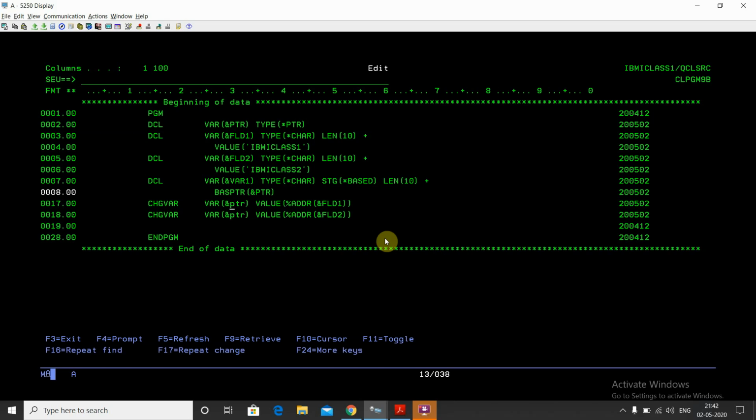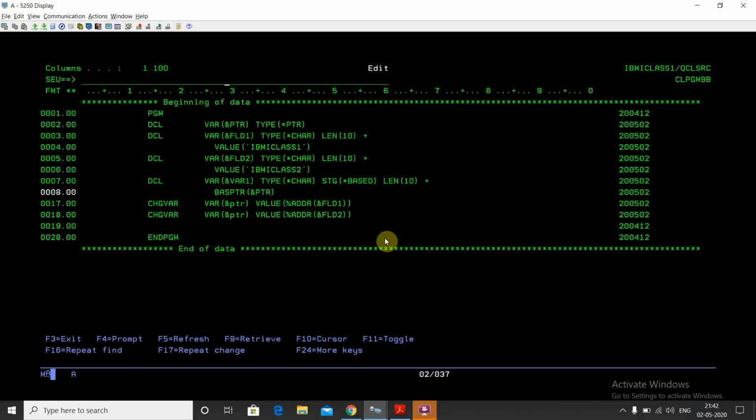So indirectly it will access the value present at this address. Once this line gets executed, PTR will have the address of field 1, so it will access the value IBMI class 1. It will show the value IBMI class 1. So it is indirectly pointing to the other variables.